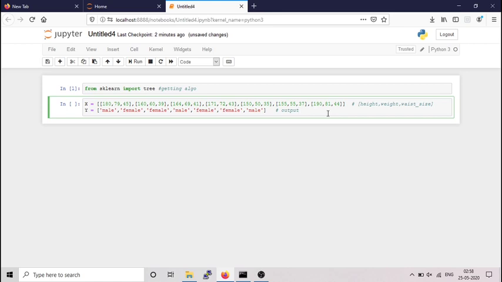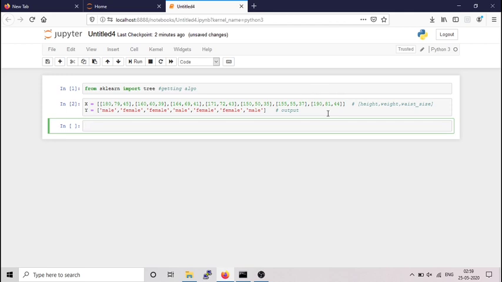There are some things that you can correlate, but that's because of the human mind only. We don't want to hard code it in the program, like if the height is more than this then it should be male. We have to find some kind of relation on a statistical basis. So what we'll do here is define a variable called classifier, and we'll take the tree and get the DecisionTreeClassifier from there.